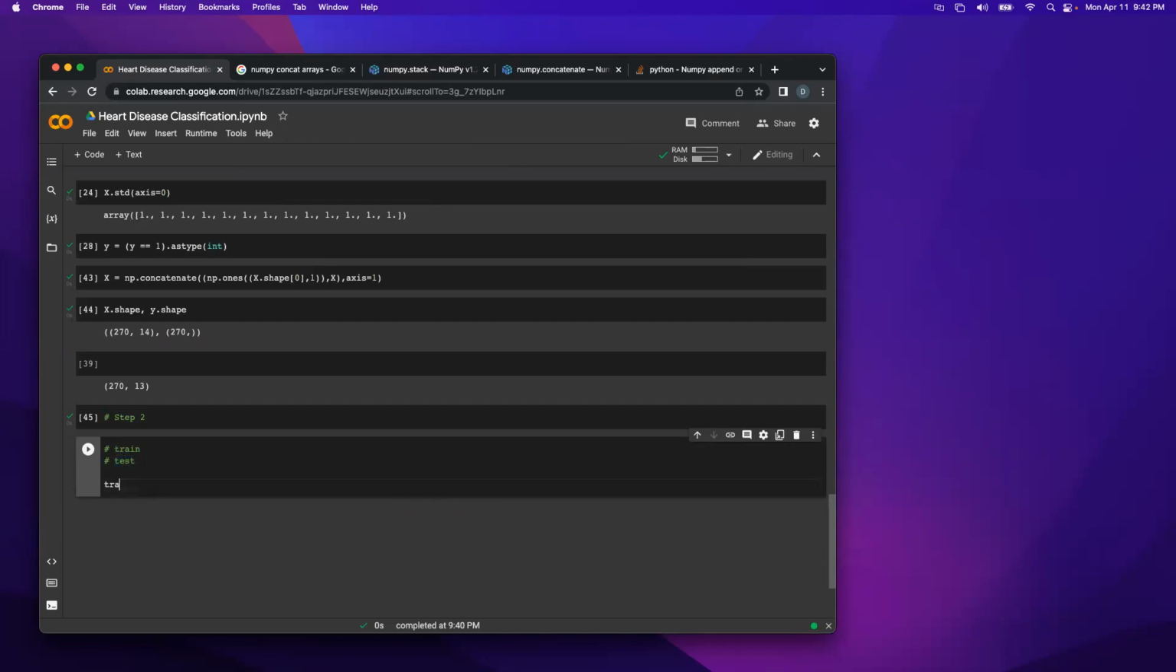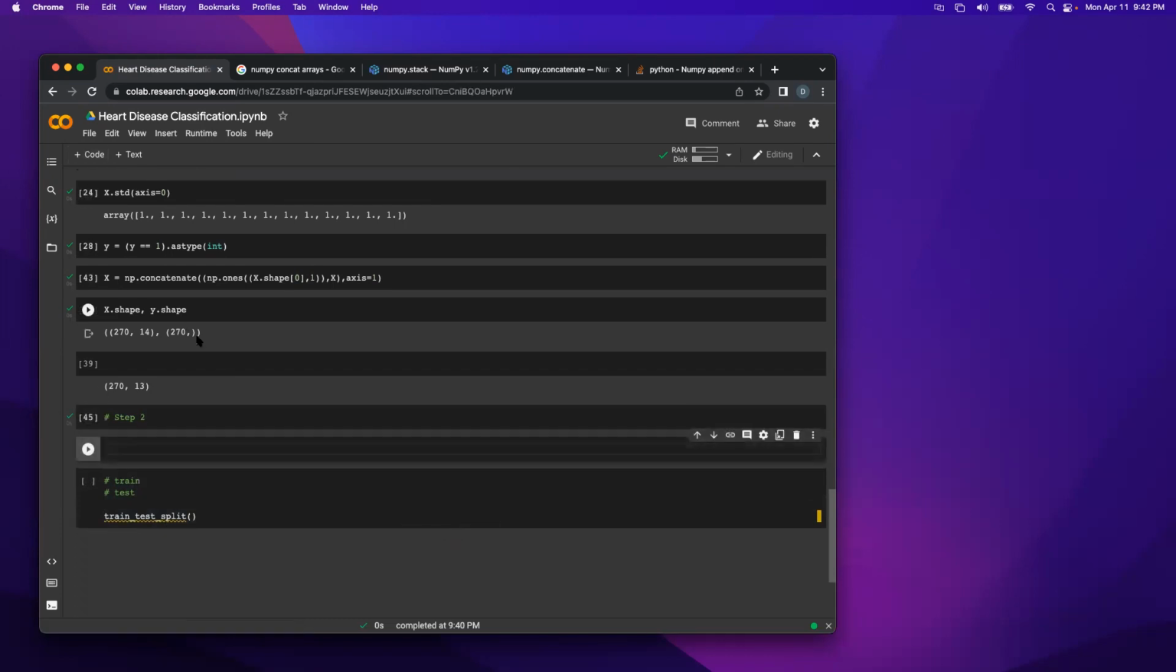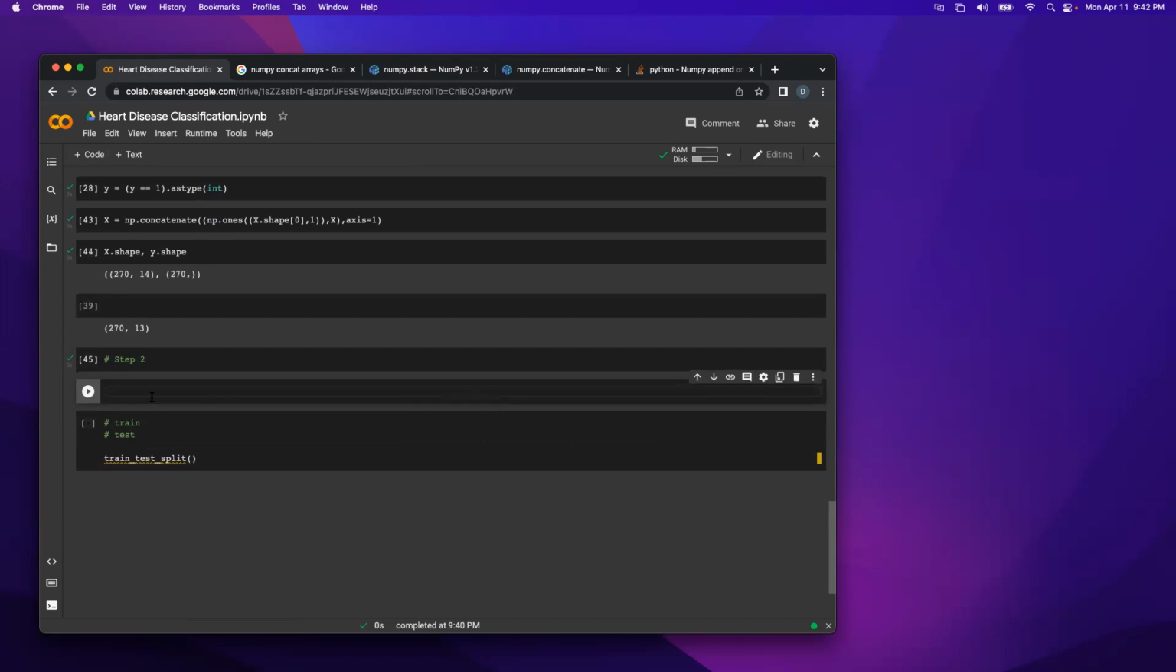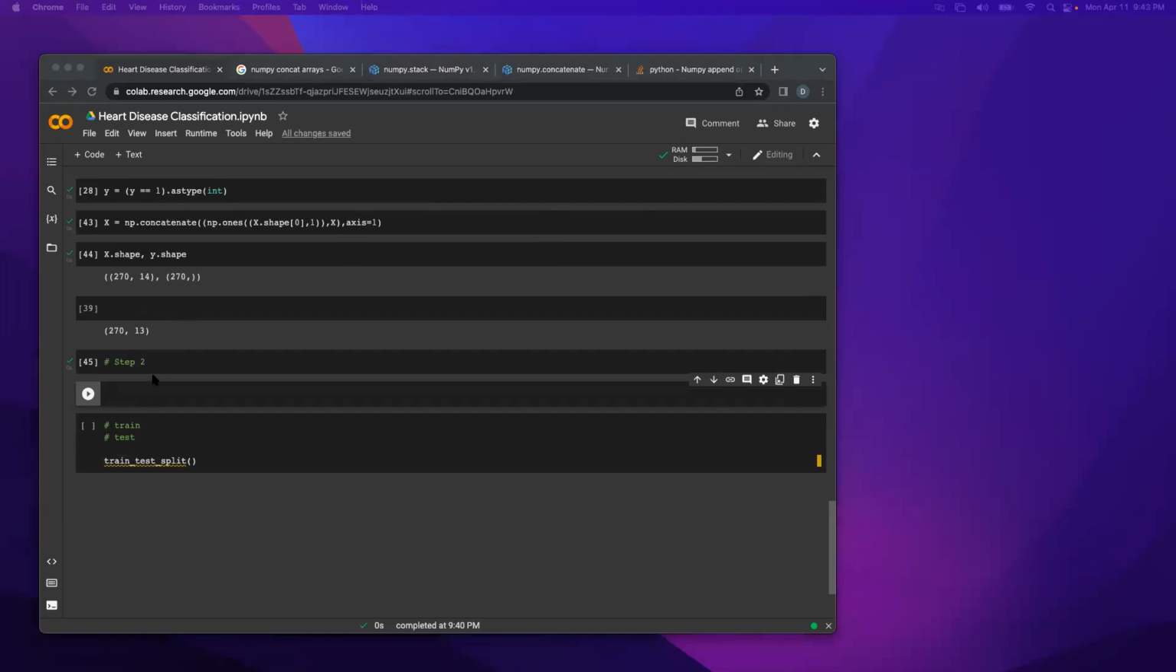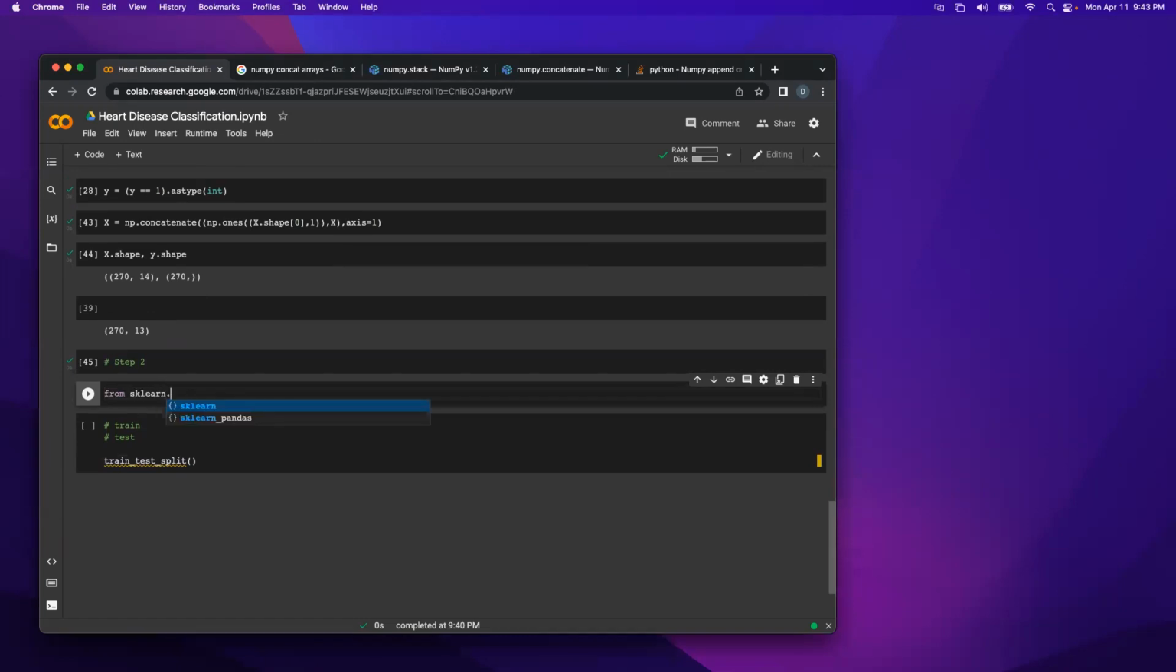So this is called a train test split, right? I'm not going to implement it here, but it's pretty simple to implement using np.random.shuffle or something like that. For this, we can use another package called sklearn. So sklearn has model selection,